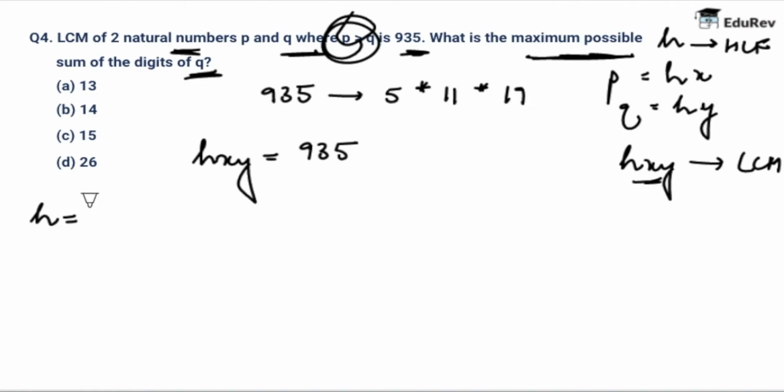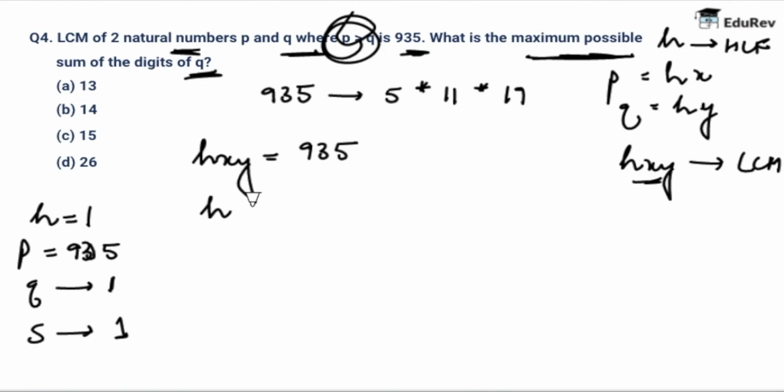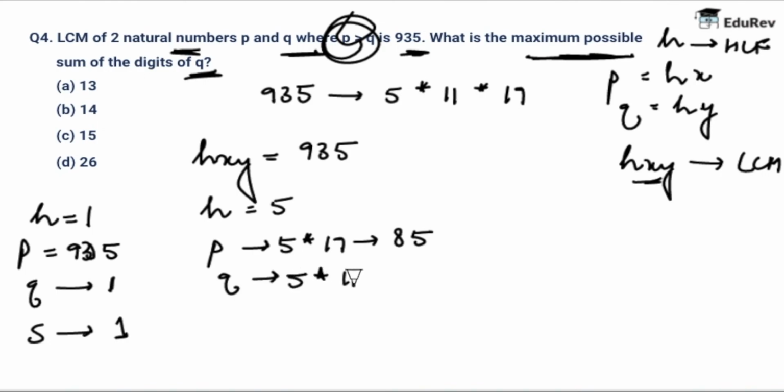That is what I am trying to say: if h is 1, then p is going to be 935 and q is 1, whereas the sum of digits, if I write capital S for the sum of digits of q, has to be 1. Similarly, when h equals 5 and p is 5 into 17, so this has to be 85, whereas q is 5 into 11, that is